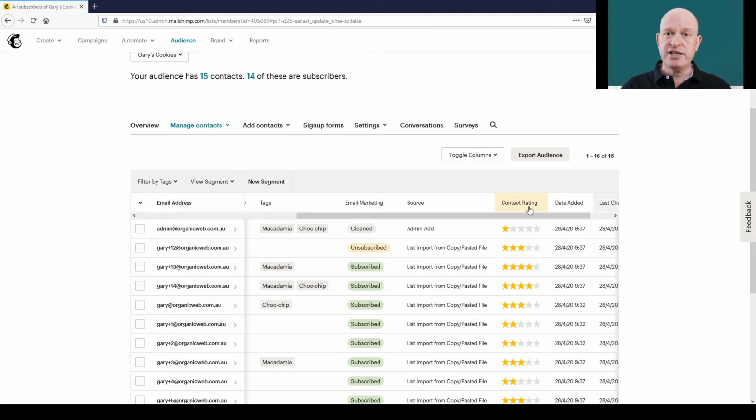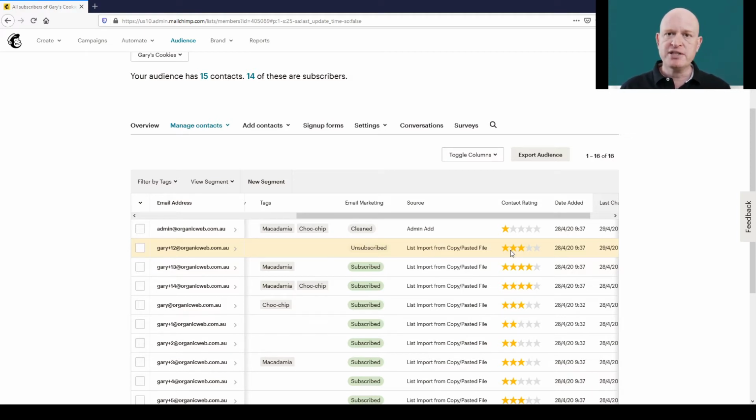This contact rating is what we're concerned with. Whenever we add a lead or a new person into MailChimp, they're added as a 2-star contact rating. As we send more email marketing and as the contact opens or clicks our emails, the further they go up, 3, 4 or 5. That stands to reason, therefore, that when we add a contact, for example, as a 2-star, they're a lead, but as they go up to 3, they're engaged with our marketing, even 4 or 5.